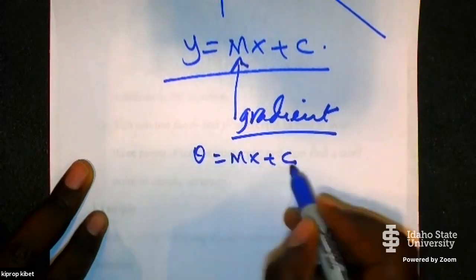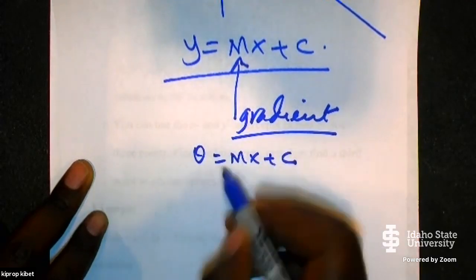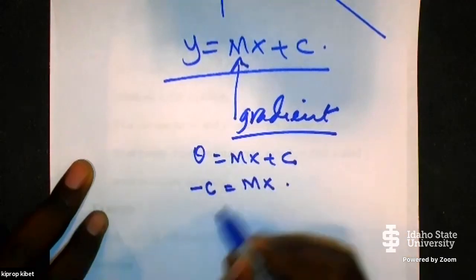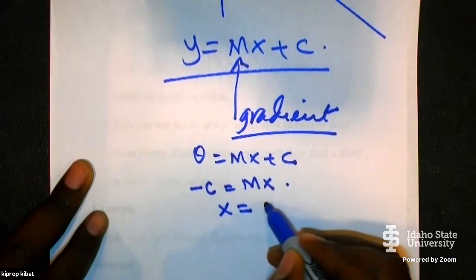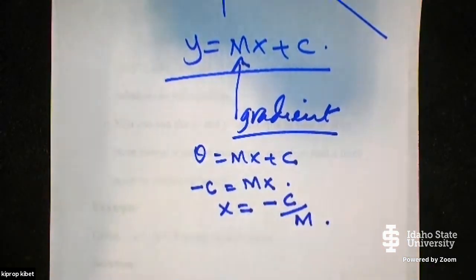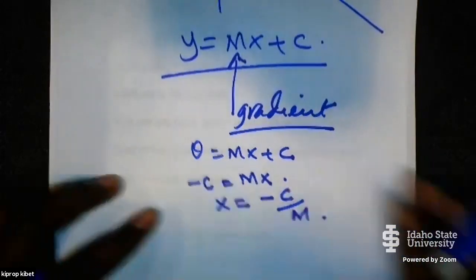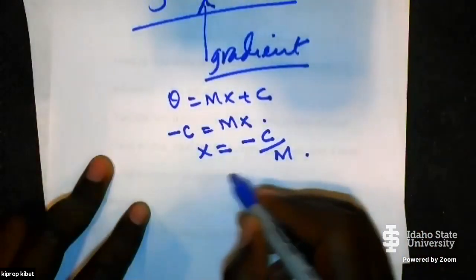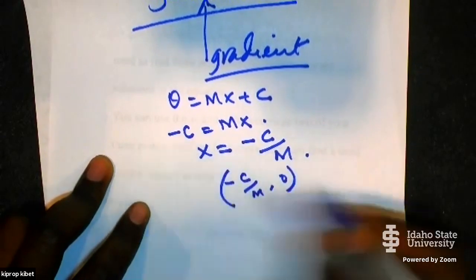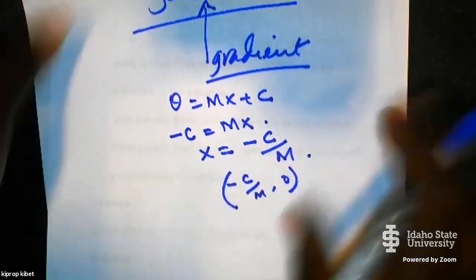Now you bring this to the other side. So minus c equals mx. So x equals minus c all over m. So the point will be minus c over m, and 0. Okay? To get another point,